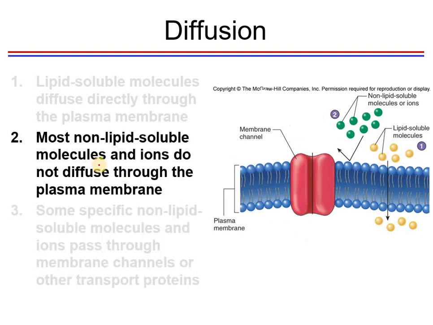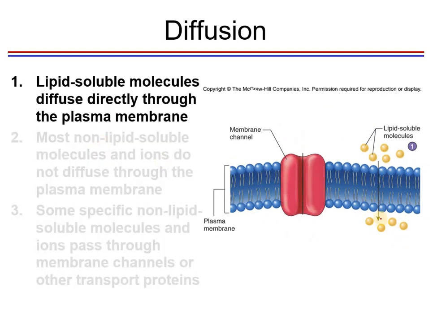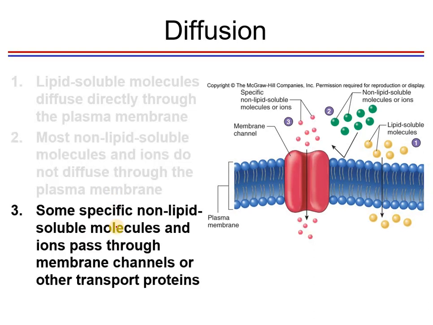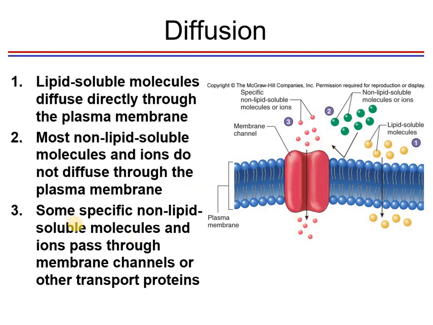So, again guys, for the lipid-soluble, pwede silang maka-cross directly without the need for the integral protein. Pero yung mga non-lipid, nare-repel talaga. So, hindi sila makapasok or hindi din sila makalabas. And of course, you have there the specific non-lipid. Non-lipid sila pero makakapasok sila kasi nga recognize sila ng cell. So they will pass through this area dito sa integral proteins.